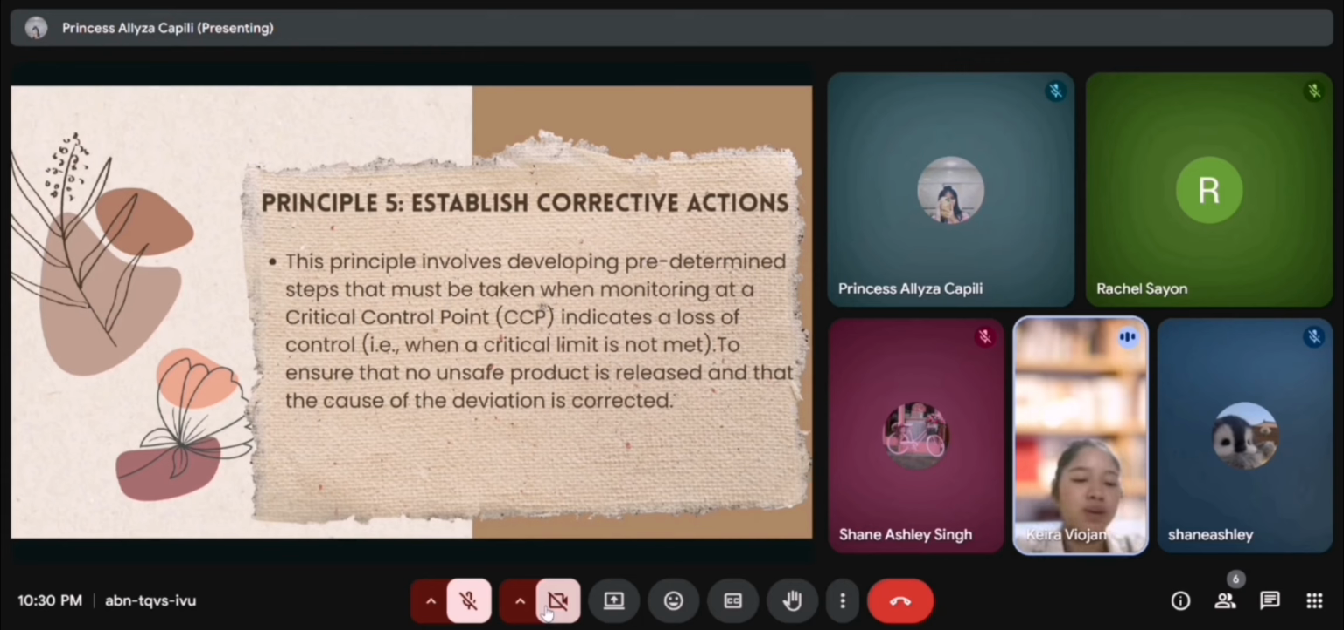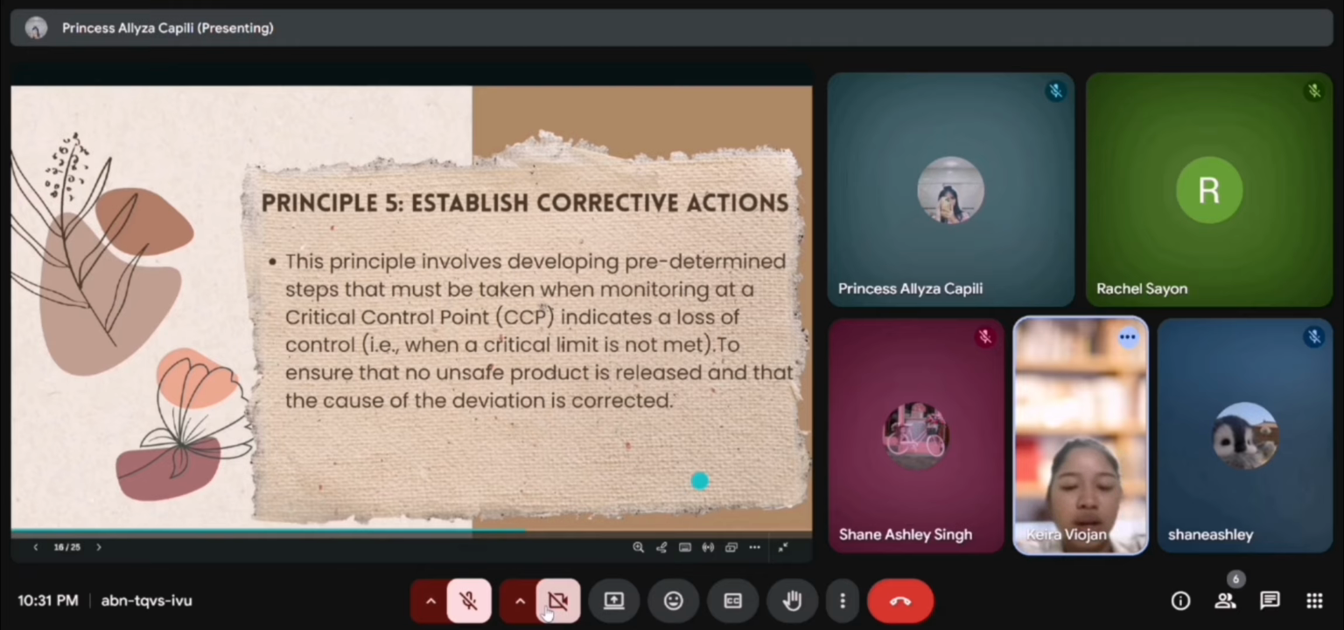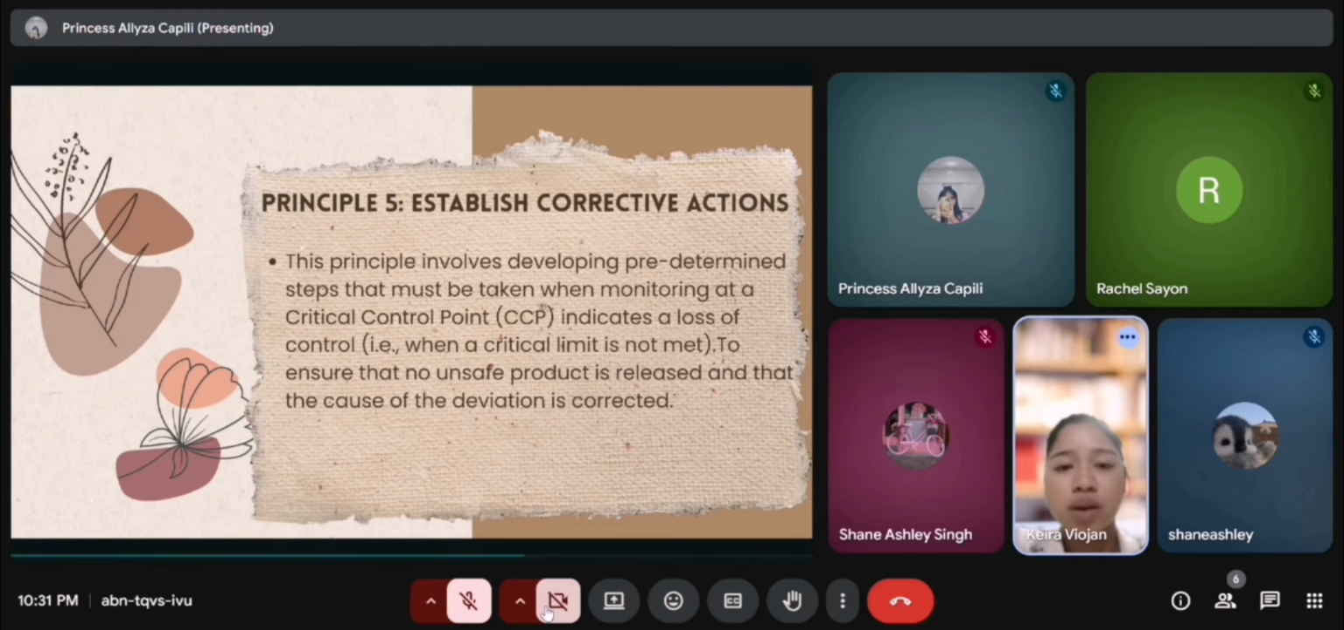So, Principle 5 is about establishing corrective actions. This principle involves developing predetermined steps that must be taken when monitoring at a critical control point indicates a loss of control, when a critical limit is not met. So, in this part, you are establishing corrective action on the product that you are making. As an example of it,